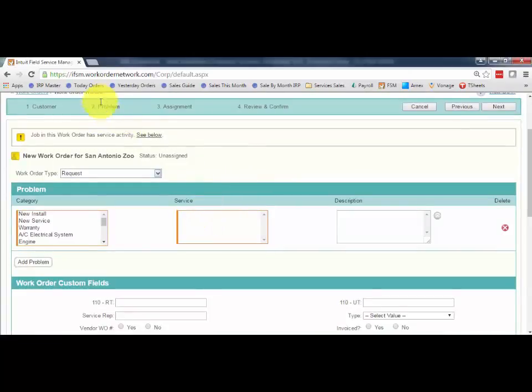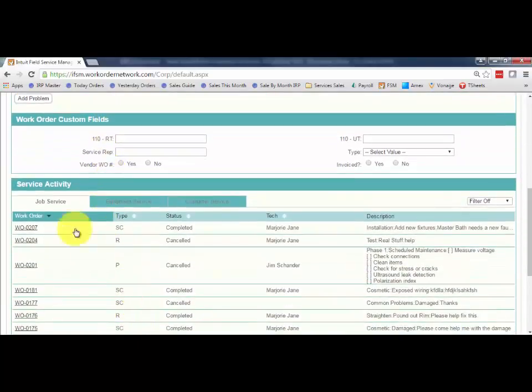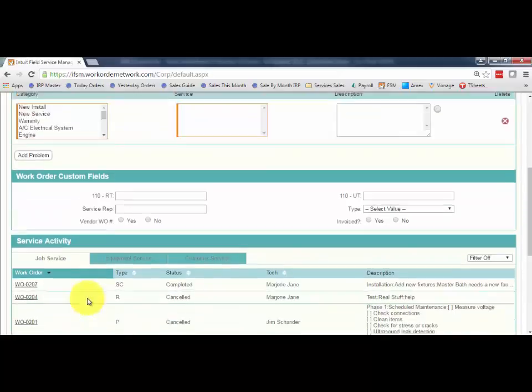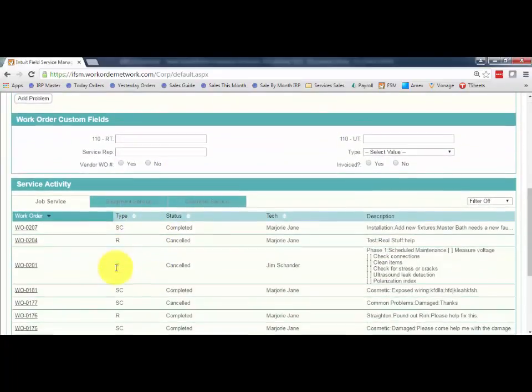All right, so now I'm at the problem stage. First of all, it tells us this work order has service activity already associated with it, or a job has activity already associated with it. So you want to make sure to take a look and see what activity is already there. I must have a lot of activity associated with this one, because usually it gives me a couple examples up top, but this is a sample file I use all the time,